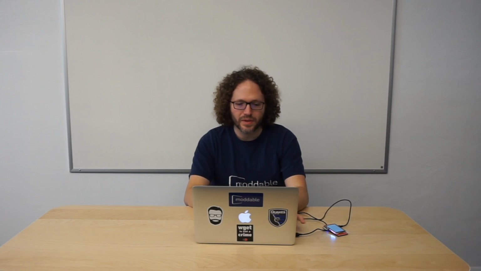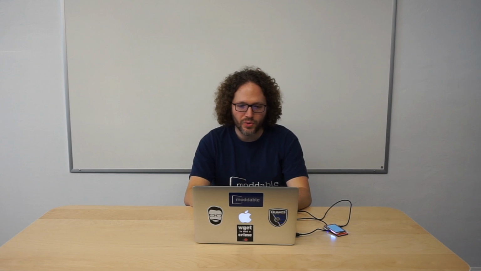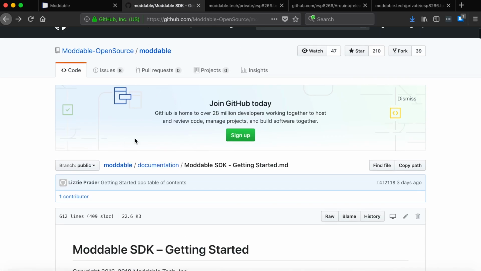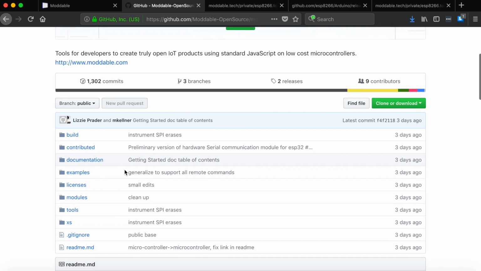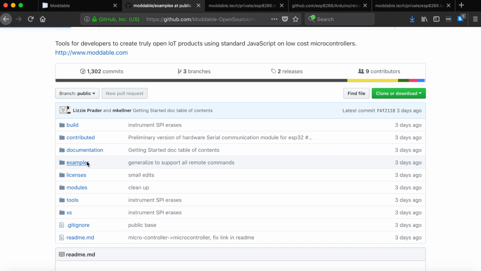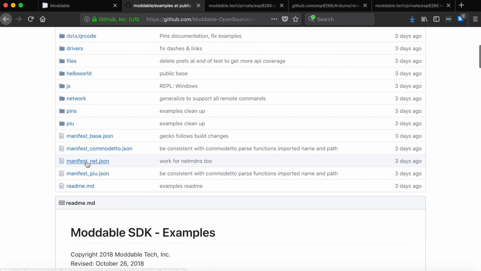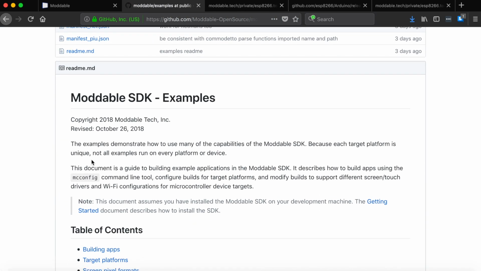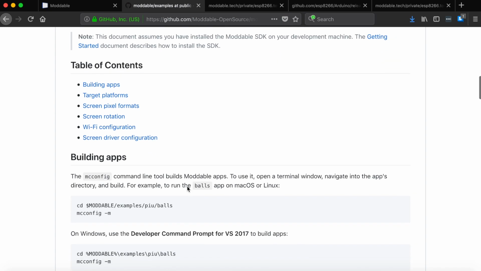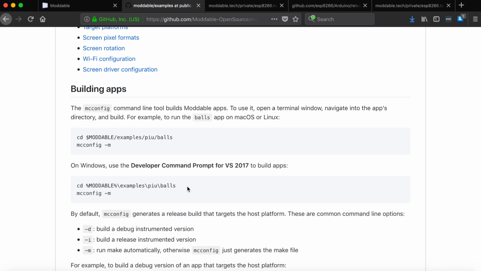So real quickly, I just want to kind of walk you through the basic structure of our examples and show you where you can go next if you want to learn more. So back up here in our repository, we're going to go to the Moddable directory and then into the examples folder. And if you scroll down here on GitHub, you can see that there's a README document for the examples folder. And this tells you all about both how to build apps,